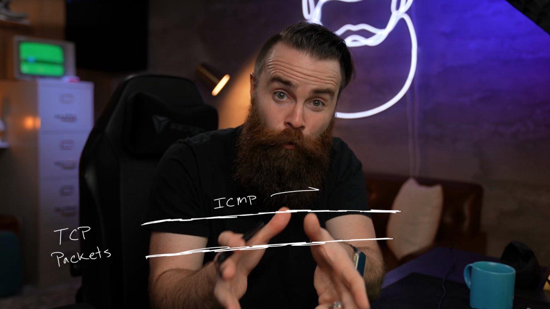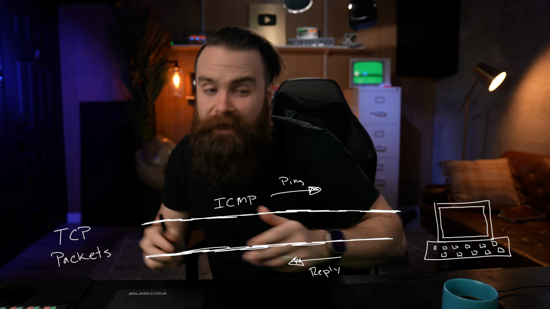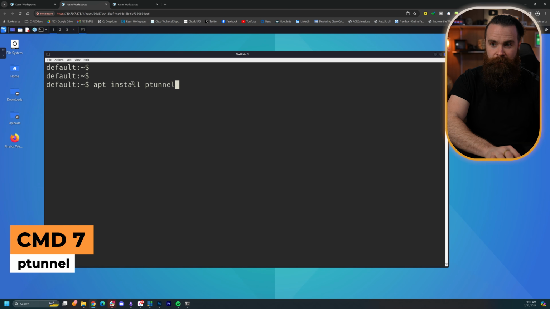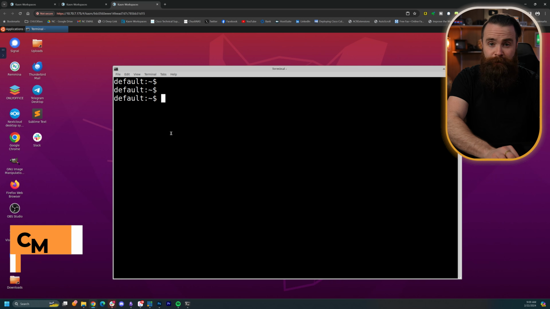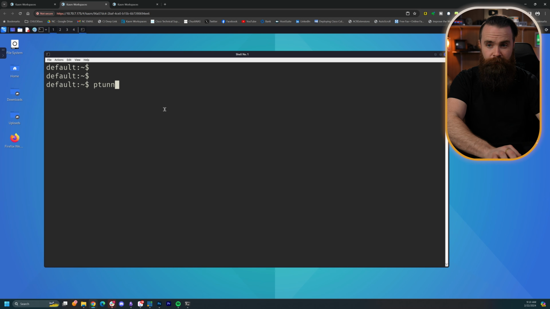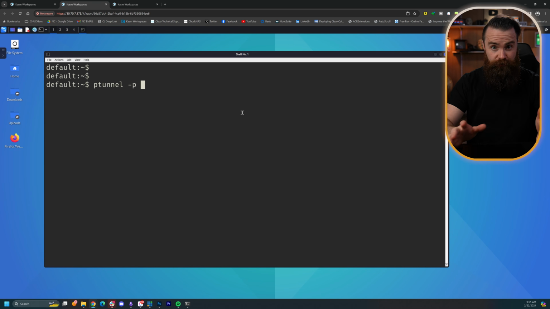Now I bet you thought we were done with ping, but we're not. You can tunnel TCP packets over ICMP echo reply and request packets. What? Check this out. It happens with the tool called ptunnel. apt install ptunnel. On the target side, we'll simply run ptunnel. On the attacker side, we'll run ptunnel, -p for proxy address, that'll be our target, -lp to specify our local port, we'll do 8000,